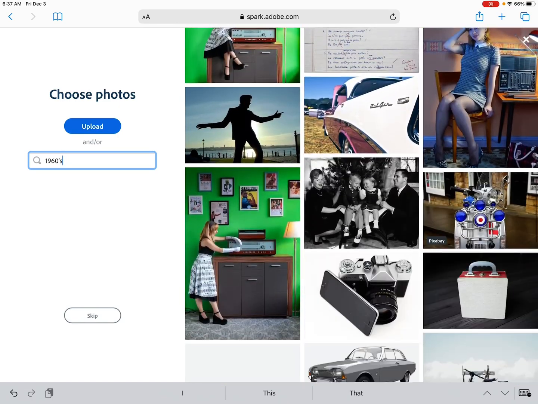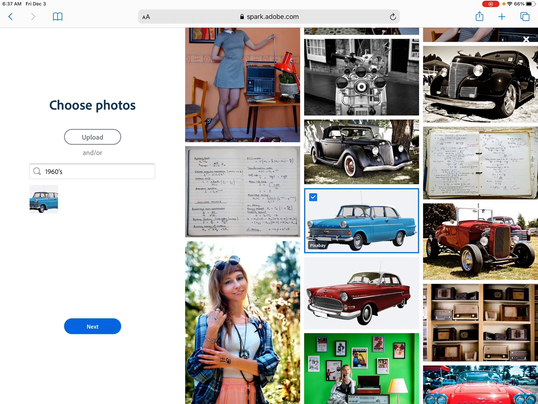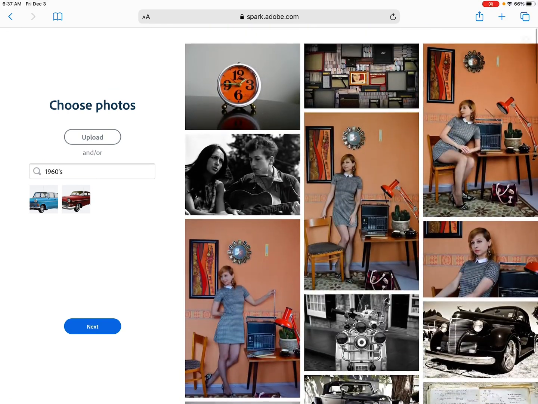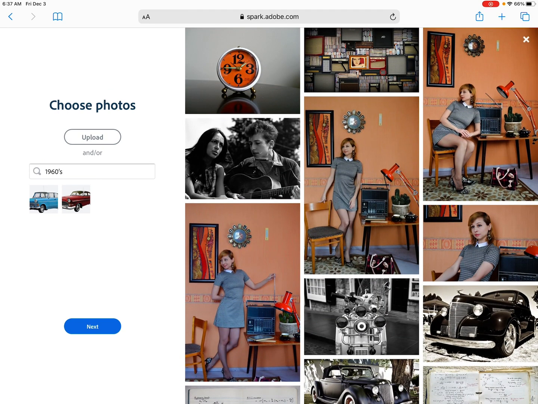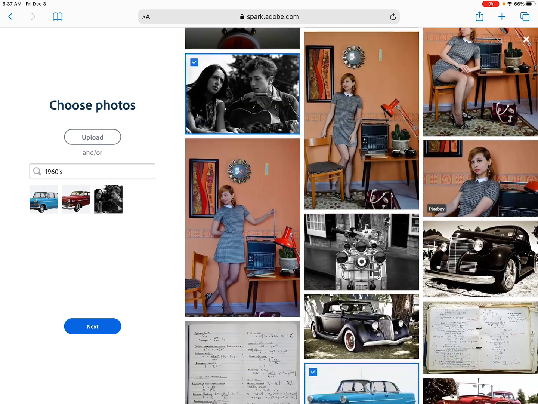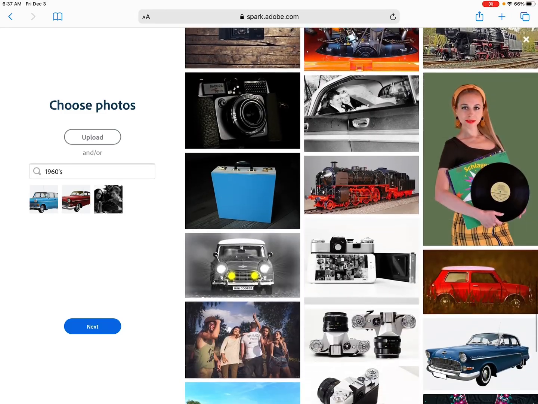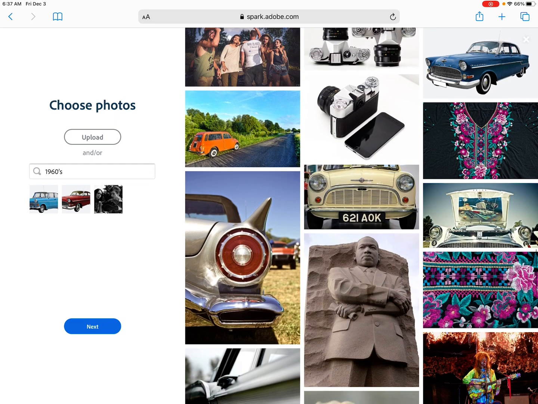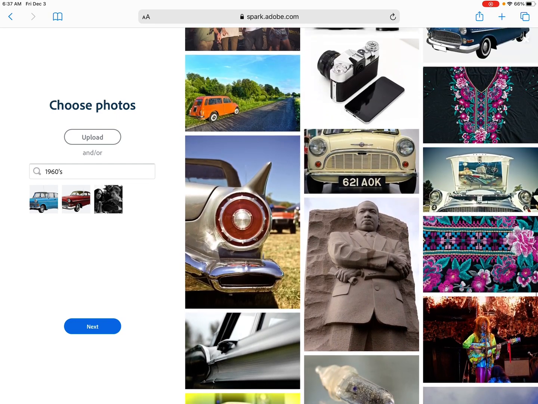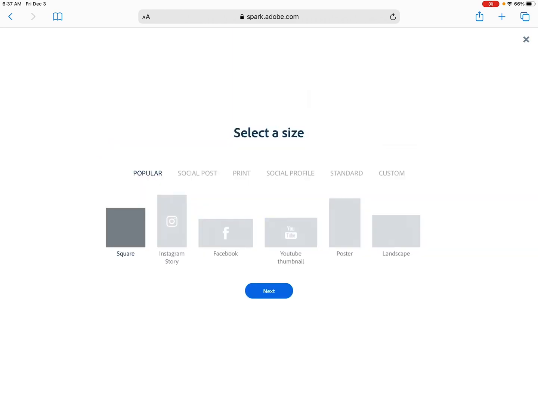So if we're talking about a book like The Outsiders, those guys are obsessed with their cars. They are obsessed with music. So we can pick Bob Dylan. They are not very hippie. They're more greaser than anything. So they're more about chrome and cars. So we'll pick those. And then what it will do is it'll ask you which format you want to use